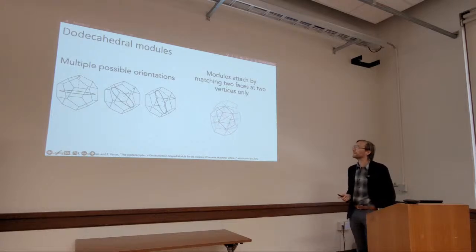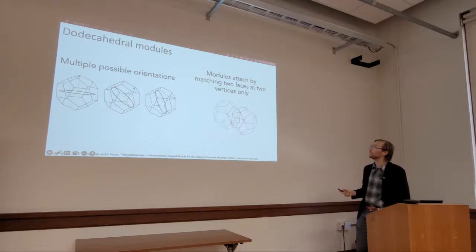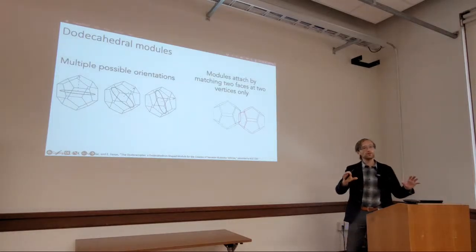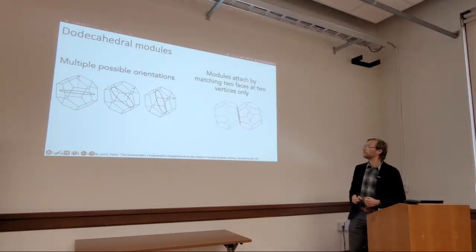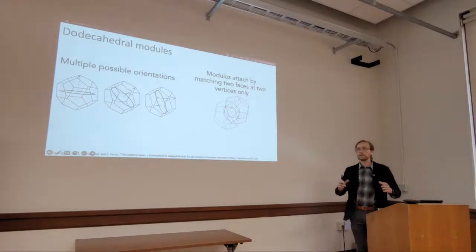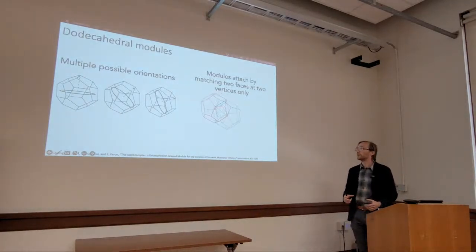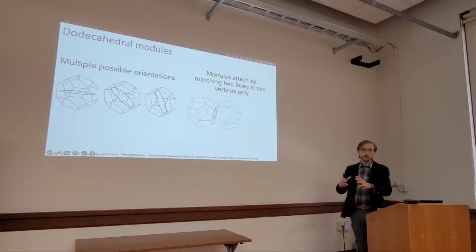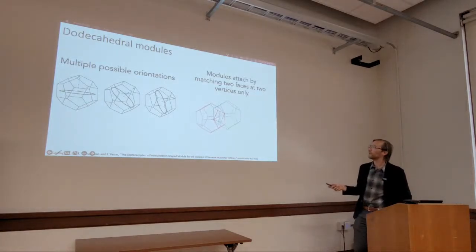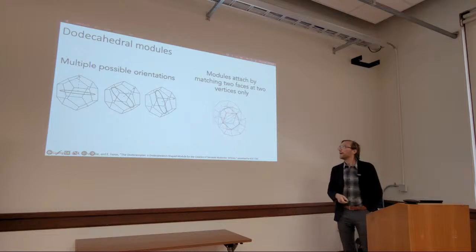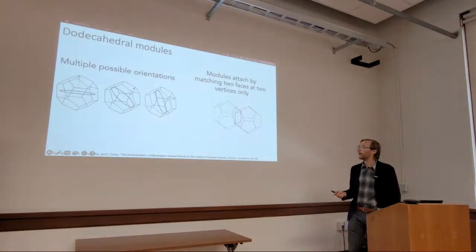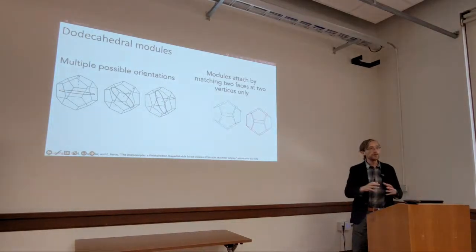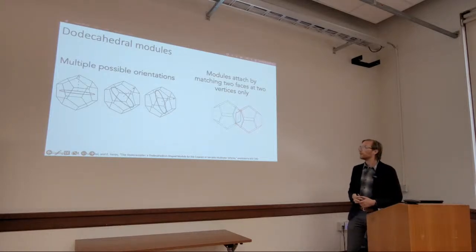And the connection mechanism between 2 modules is the one you can see here. It's not very intuitive, actually, because you have two dodecahedra. You take 2 vertices on the same face on each, which are not next to each other, and you basically connect these 2 vertices, and so we can see that the faces do not coincide. And so I'm often asked, why not just connect 2 faces together at the 5 vertices? And the reason is that if we do that,